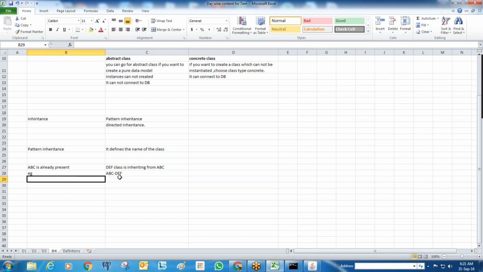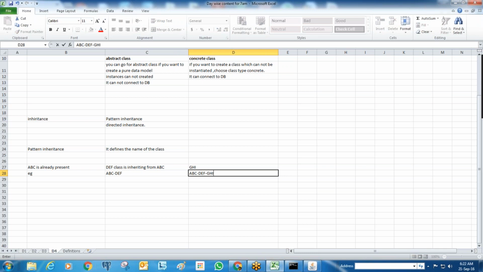Let's take the complete structure. Let's say I want to create one more class, GHI, and GHI wants to inherit from DEF. The DEF class ID is already this one, so I need to mention ABC-DEF-GHI.